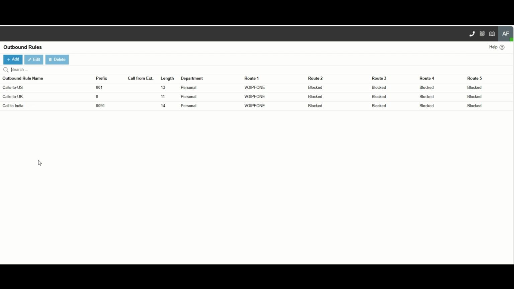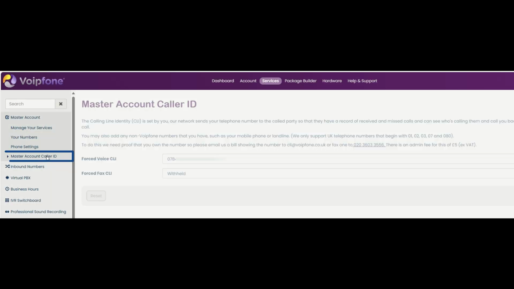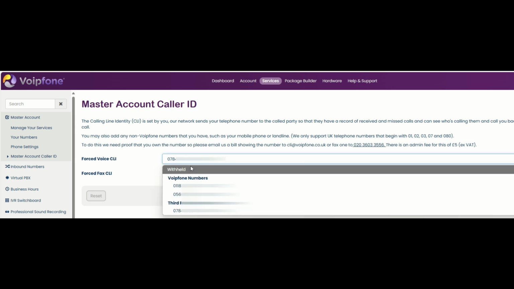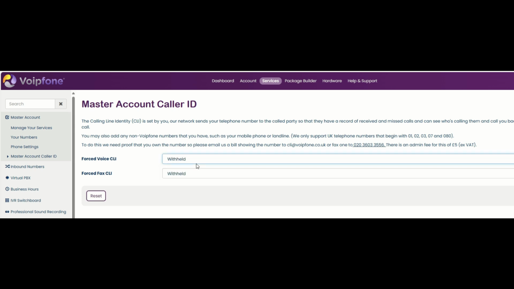There is one more thing. This is to do with the CLI, which is the caller line identification. So this is useful in scenarios wherein you're calling from 3CX to any other number. The end user who gets the call sees a number, and that number is basically what you configure over here. So by default, withheld, when the user gets your call from 3CX app, the user will get withheld